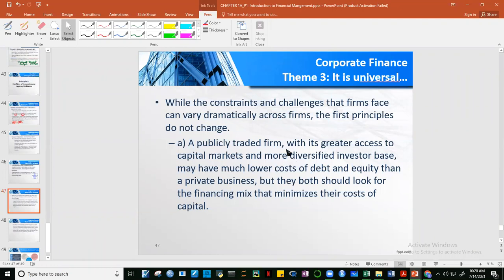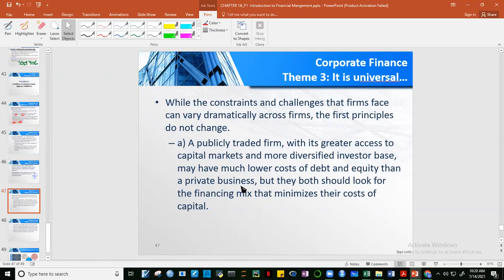A publicly traded firm, ibig sabihin, pag publicly traded kasi, they're listed in the stock exchange. So may greater access sila sa capital markets, and yung investor base nila diversified kasi since it's listed in the stock exchange, maraming nag-i-invest dyan. Okay? Therefore, they may have much lower cost of debt and equity than a private business. Okay, so ang publicly traded na company, guys, may have lower cost of debt and equity compared to a private business, but